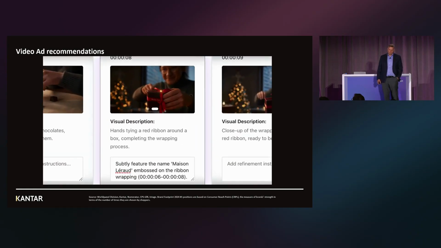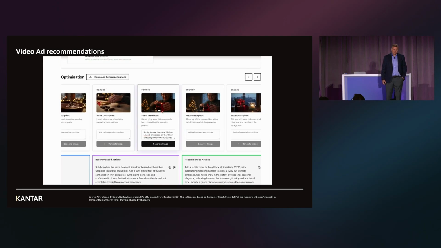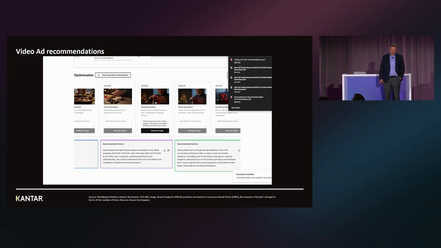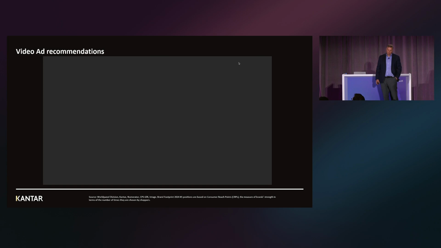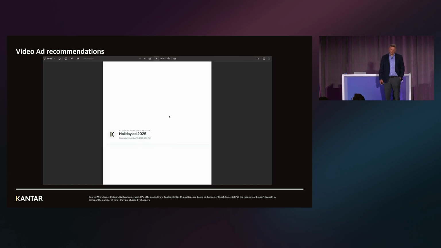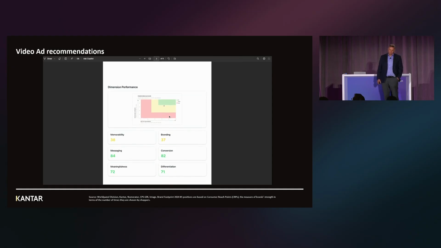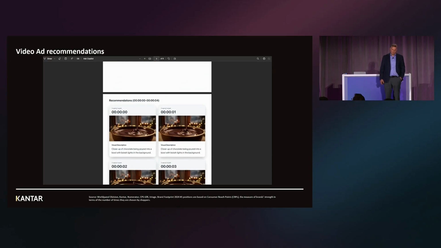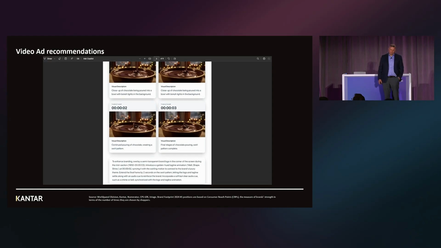Edits are seamlessly integrated back into the video storyboard timeline, helping to visualize the recommendations and making it easier to be actionable. You can download the recommendations and share it with your team and other stakeholders. This workflow takes the guesswork out of creative decisions and accelerates the optimization process from hours down to minutes. In summary, Link AI recommendation for video will not just evaluate ads quickly, but will make it easy for brands to optimize ads instantly. By turning insights into actionable recommendation, it helps every moment of your content connect with viewers